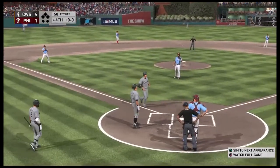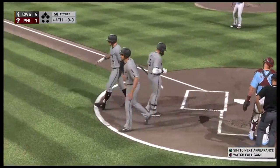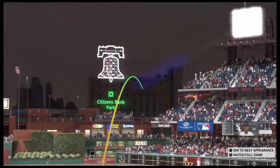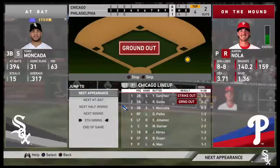Well, I think that any kid who's ever dreamed about playing this game dreams exactly this. Watching the ball disappear over the fence, then circling the bases in a big league ballpark. He'll be replaying that at bat over and over in his head. And now his phone...